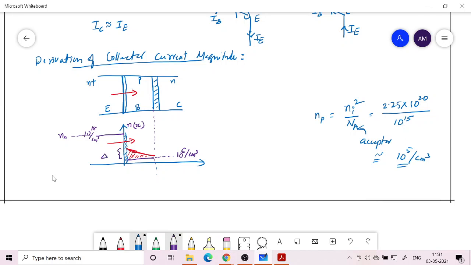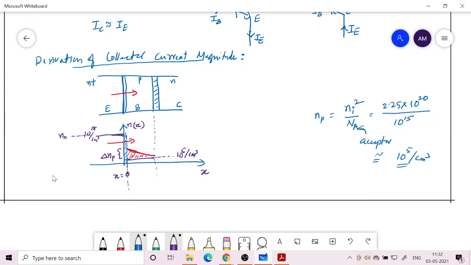This difference is what I am going to call delta n at the p side. But we are looking at a particular point, so let me take this as the reference. This is my x-axis, and this is x equal to 0. So this line is x equal to 0. At that point, electrons are the minority carrier in the p side, and the concentration of the electrons in the p side changes tremendously with the forward bias. Okay, and there may be a slight decrease here, but that is very negligible.